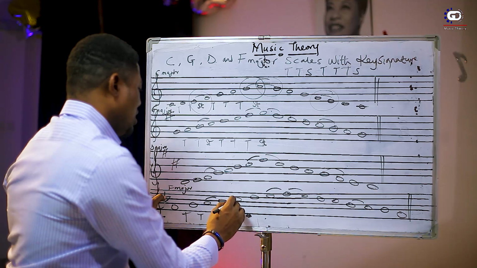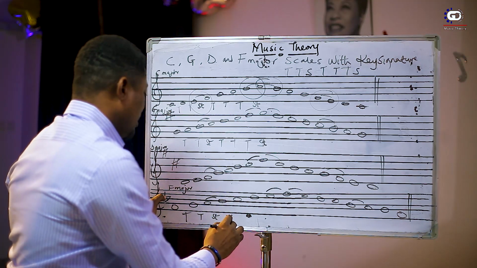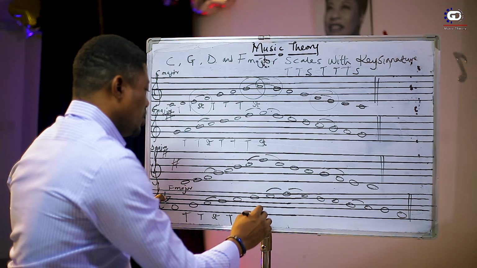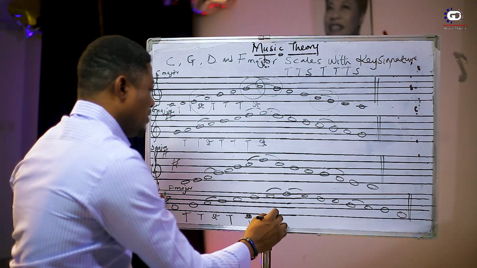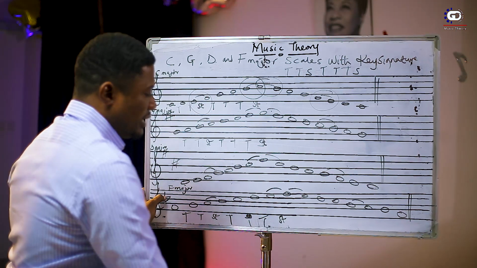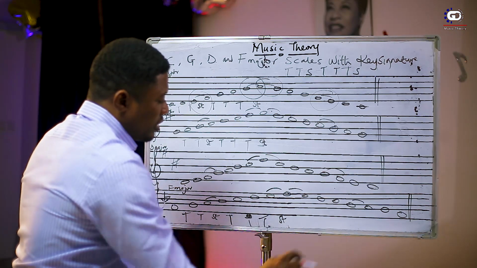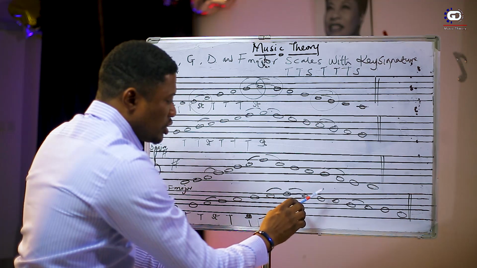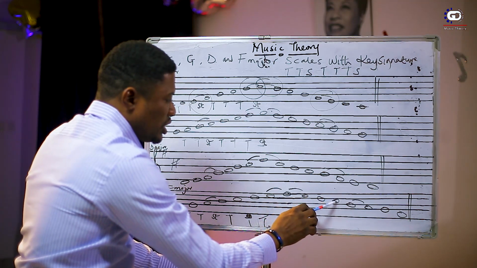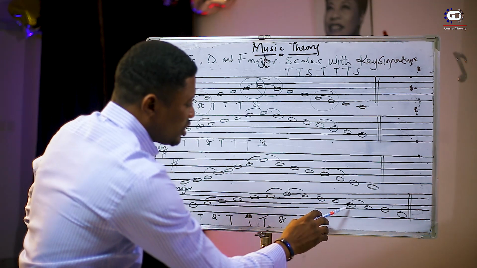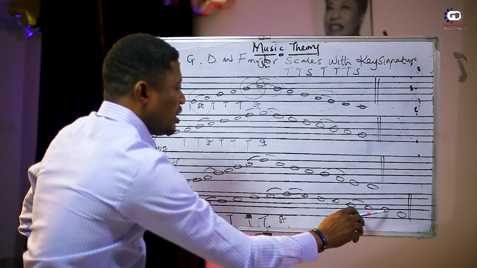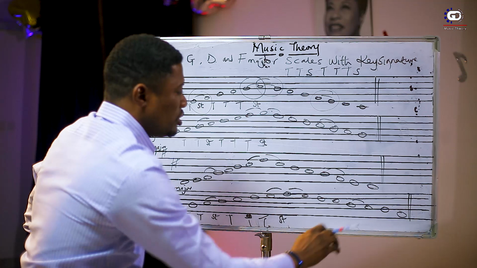B flat to C is a tone, right? C to D is a tone. D to E is a tone. E to F is a semitone, right? Now, descending order, same thing. F to E is a semitone, E to D is a tone, D to C is a tone, C to B flat is a tone, B flat to A is a semitone, A to G is a tone, G to